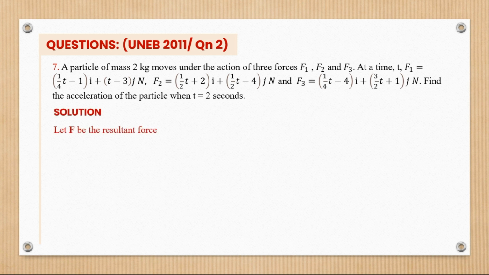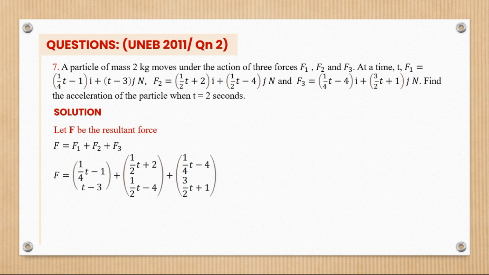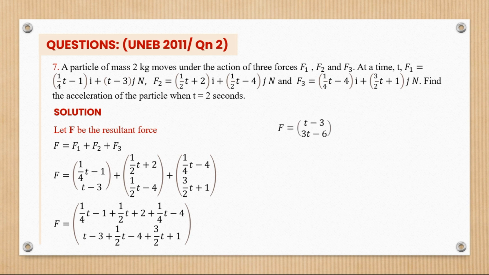So first of all, as you can see, we've been given multiple forces. So first of all, we need to find the resultant force. So the resultant force F shall be F1 plus F2 plus F3, and then this is what we end up having. When you add everything step by step, I'll be left with t minus 3 at the top, and then at the bottom I'll be left with 3t minus 6. So now that I know the resultant force and I know that the mass is 2 kilograms,